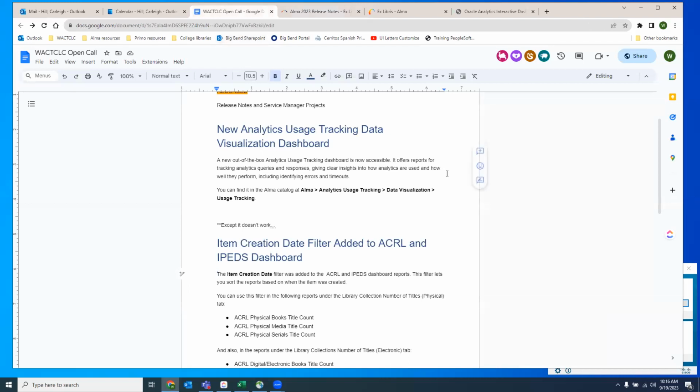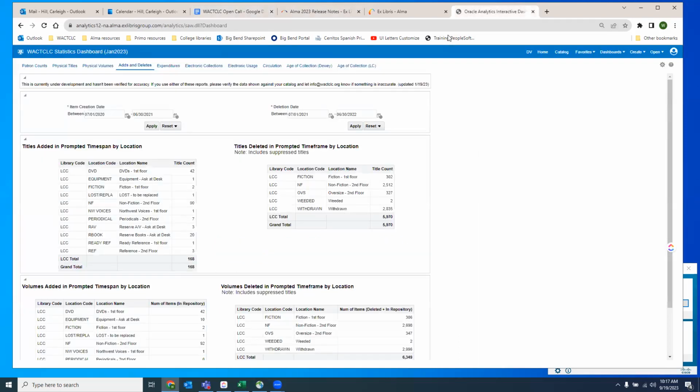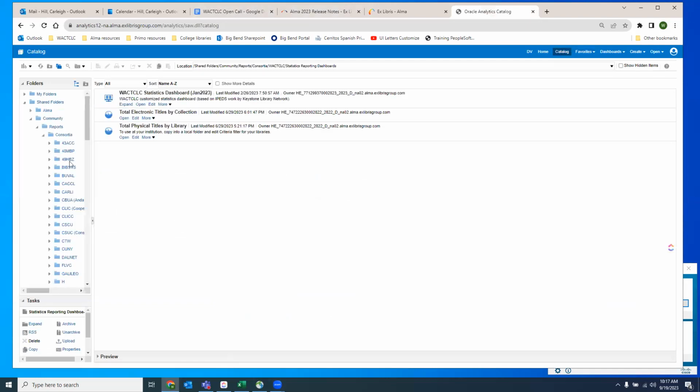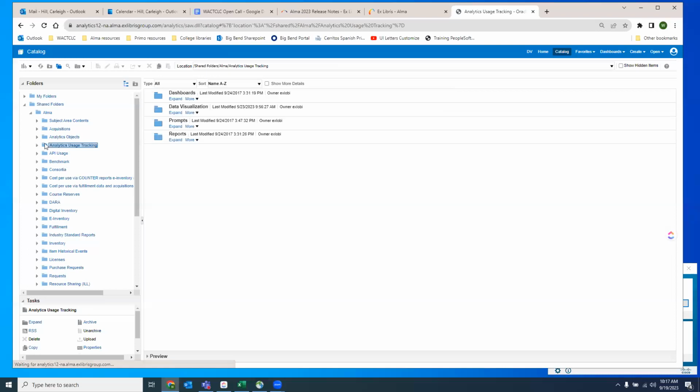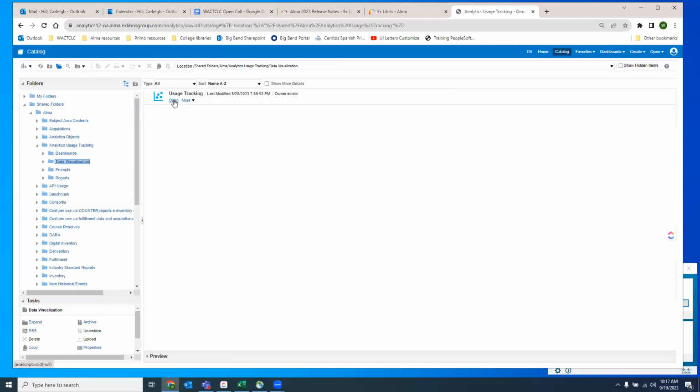So yeah, and maybe you guys can help me out with this one. This analytics usage dashboard doesn't work. So I'm going to go to catalog, because it said it was available in the catalog. I also went to data visualization and searched it. So it's in Alma. It's in the analytics usage tracking, data visualization, and then here it is. And when I open it,